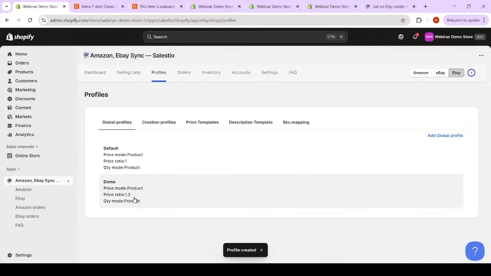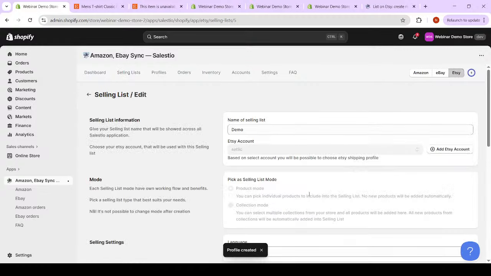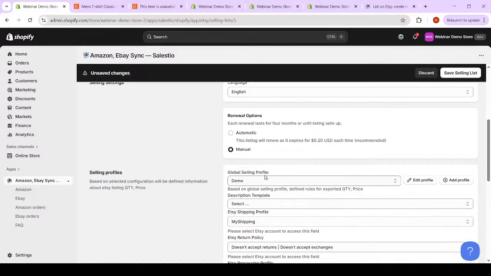So here we have our second profile, and let's go to the selling list. As you remember, when we added the selling list here, we selected the default selling profile. So here we need to change it. We will use demo. If you update the default global profile, there is no need to change anything. Just update the product, as I will show you next. Here we change the global profile to demo, save selling list,